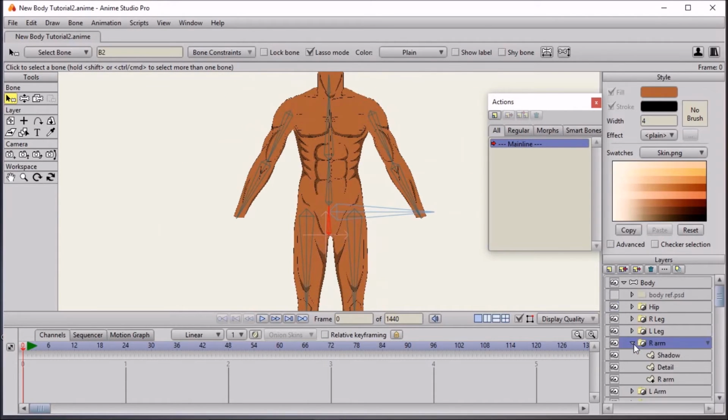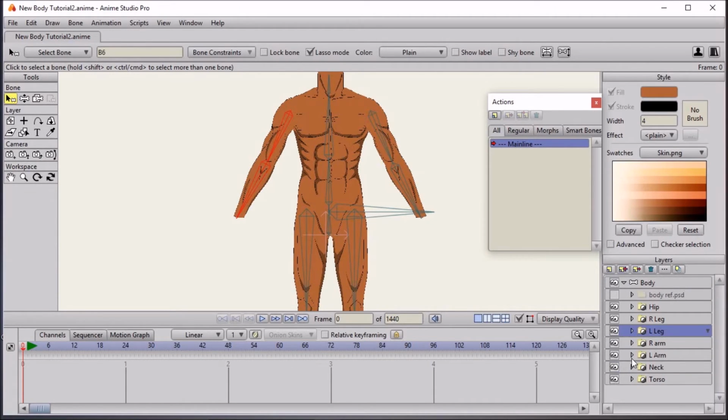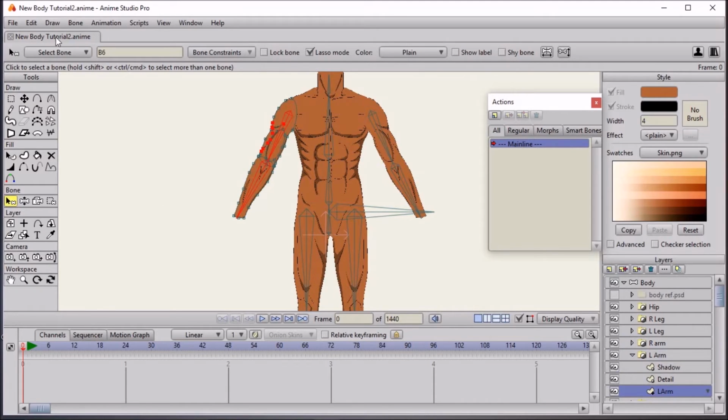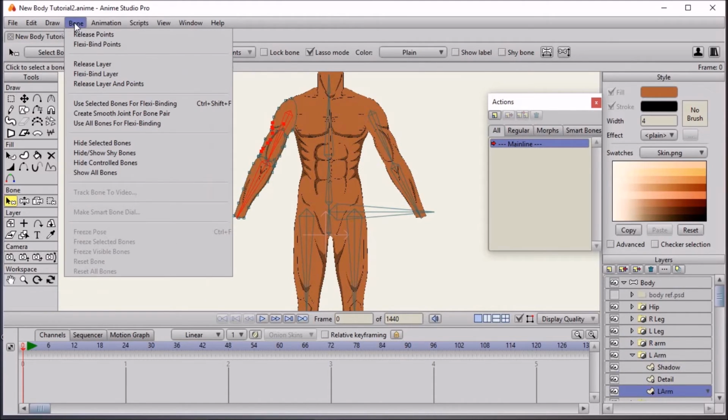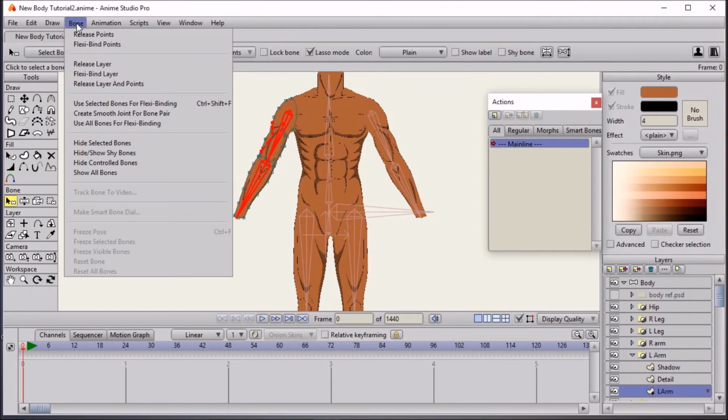And now if we move on to our arms, we're going to use flexi binding for our arms. I'm going to try that. So if you select both of your bones on the arm, if you go to the arm and click on the R arm, sorry, that's the wrong arm. If you click on the L arm layer, this one, and if you go up here and you click on bones and you want to use selected bone for flexi binding, and I also want to use create smooth joint for bone pair,